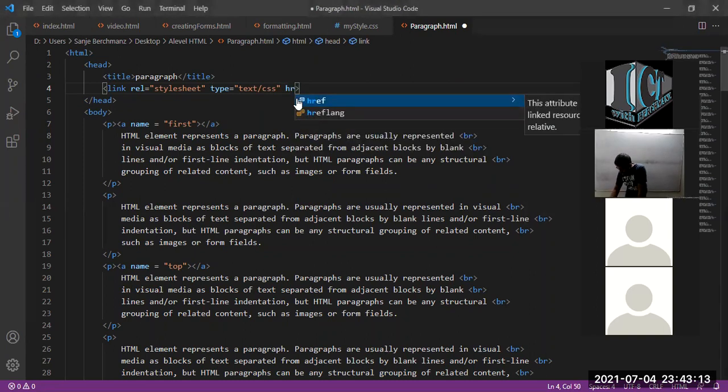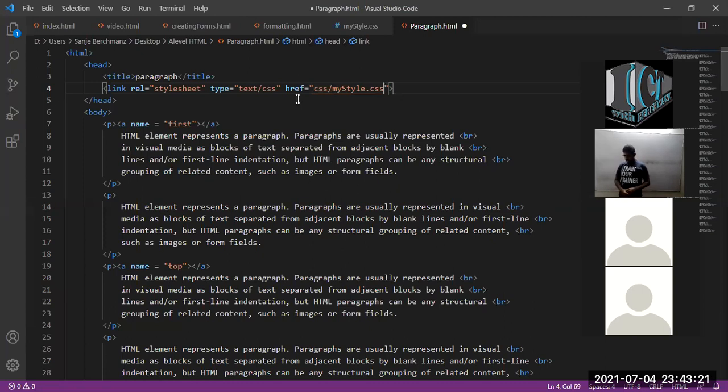I say CSS slash, and automatically it's showing my style.css. So this code is going to link my HTML document with the CSS file that I have saved in that particular location. So when I run this in my browser,